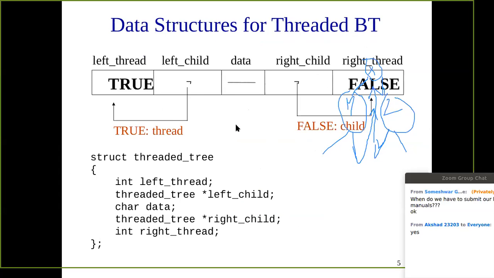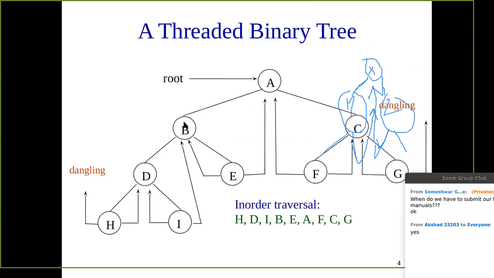So in this example, suppose e is the node. The traversal for this tree is given here, s d I b e, and e is what we are considering as the current node. For e we have the left link as null initially. This is the threaded binary tree representation, so we have assigned it before.